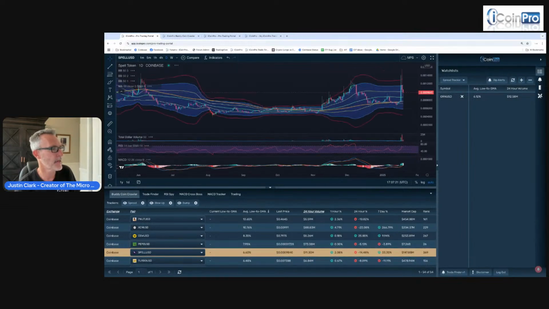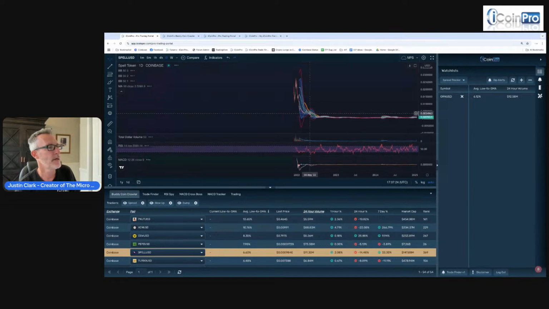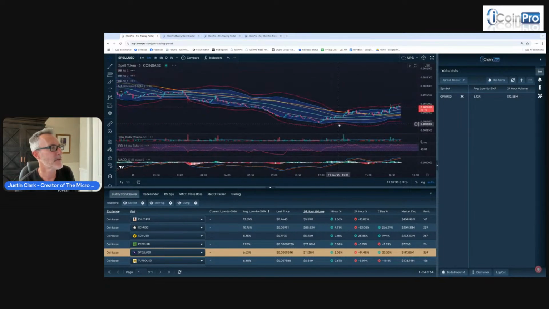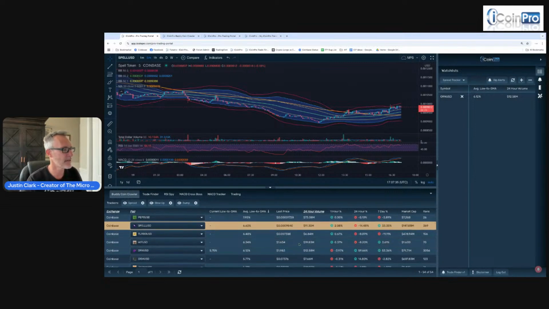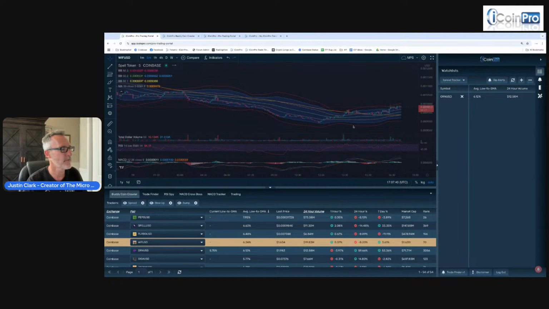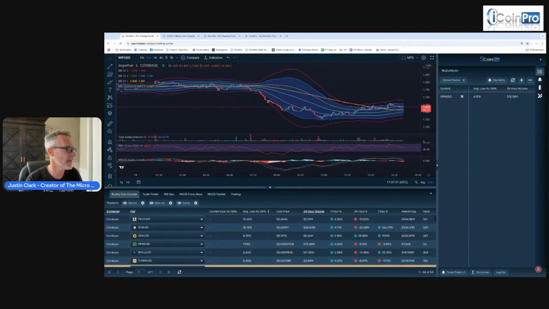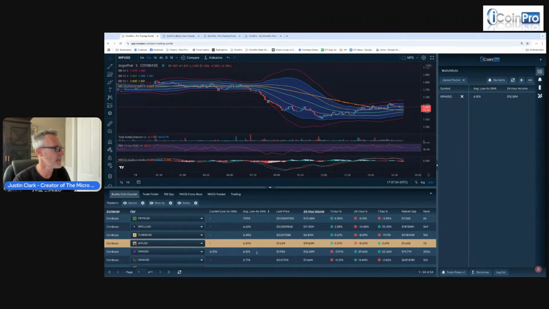And let's see where Spell is. Spell has fallen, but it was so much higher before. So crazy to me. Let's see how Spell's looking here. Spell's okay. I like Pepe and XCN more as a preference. WIF has a bit more volume, and maybe WIF. But I'm not decided on my third one. Could be Spell, could be WIF, could be whatever.